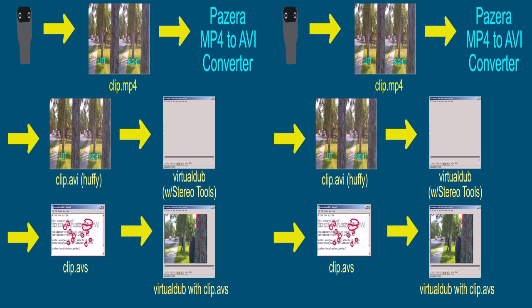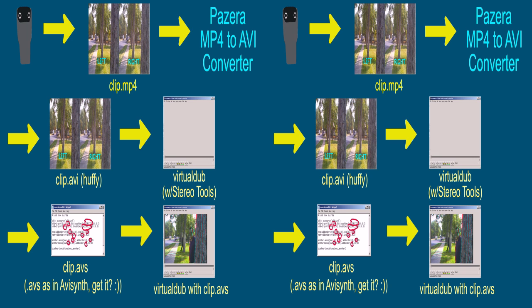But what we're going to do is open up VirtualDub, and we're going to activate the Stereo Tools filter. This is going to turn our left-right clip into an anaglyph clip that you can see with the red-blue glasses. I'll explain that here shortly. And then we're going to write a little script. We're going to open up Notepad and